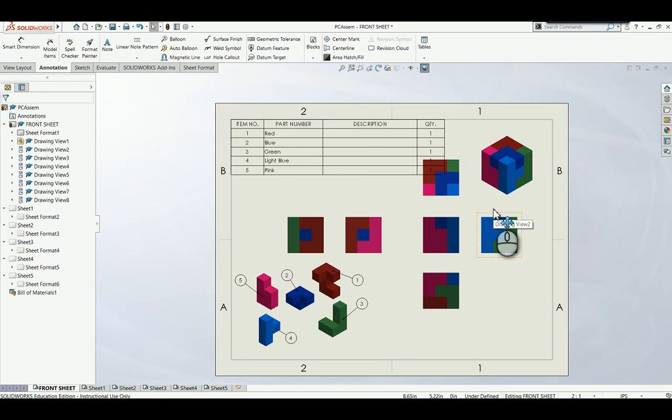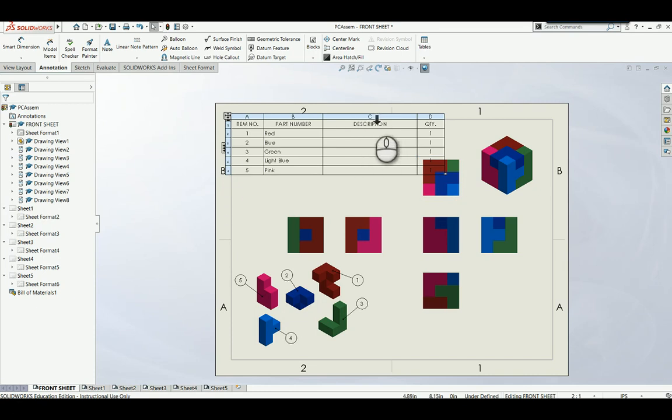I do want to modify this. First of all, you'll notice I've got item number, and that corresponds to our exploded assembly down here. I've got a part number, which corresponds to the name of the part that I gave it. I've got a description, which I could fill in, and a quantity. Generally speaking, when you've got a more complex part, say we were to do a toy car and it had 2 wheels on the truck bed, then I would only bubble one of those, but it would display a quantity of 2. So I do not need a description in this case,